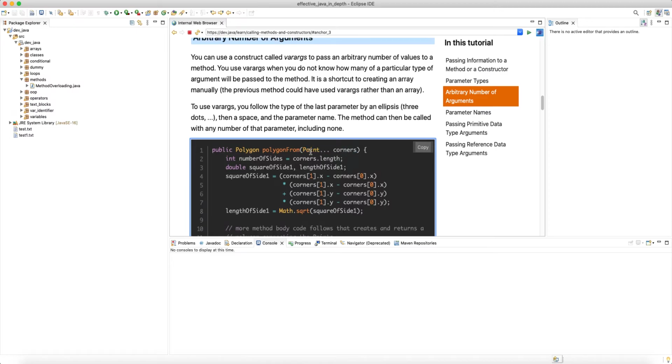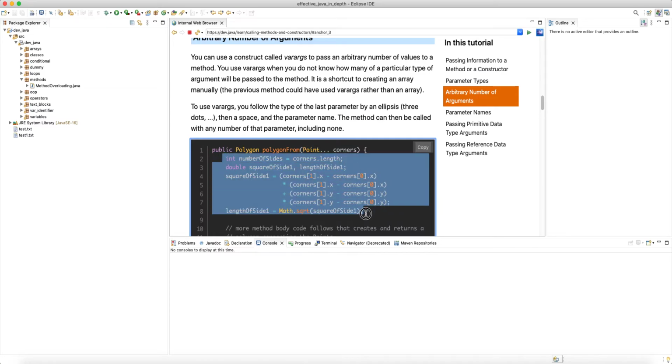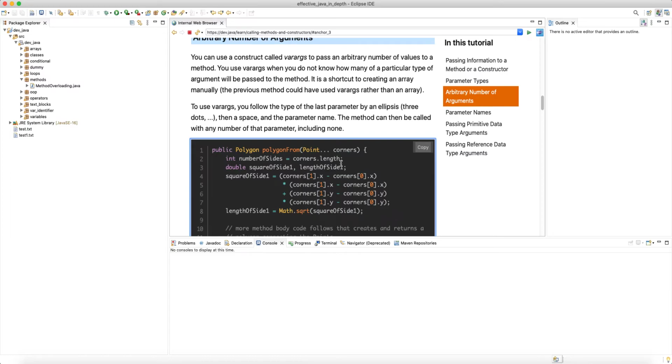And because you don't have access to a reference to that array, it is more like a read-only array, right? You can mutate it inside the method, it's possible, but